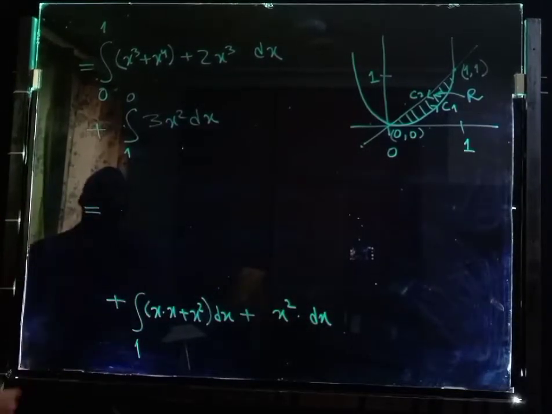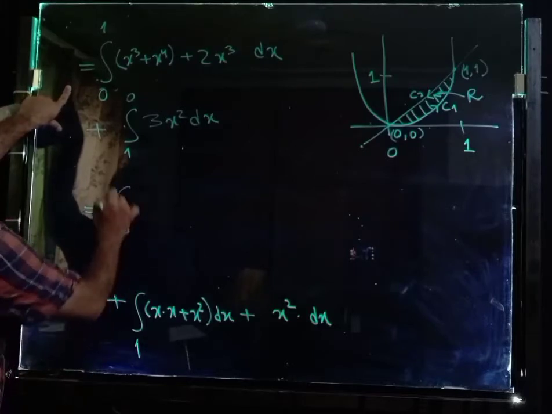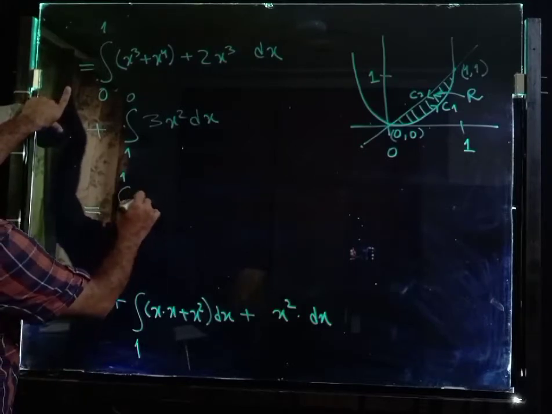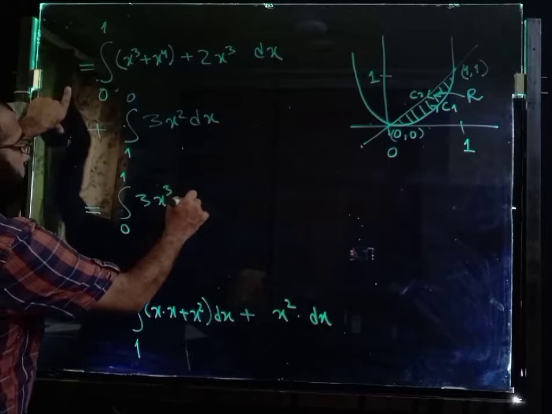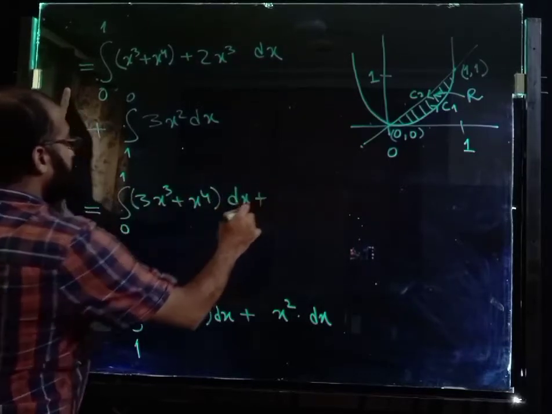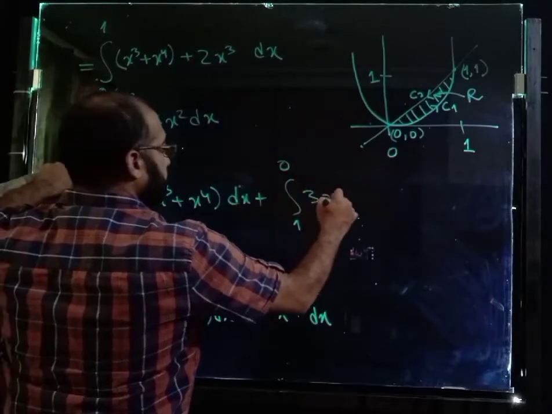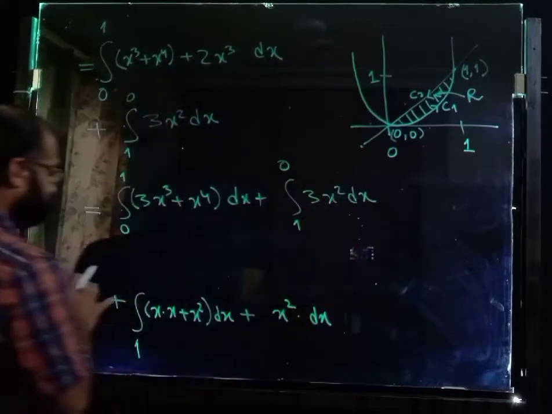Here we can see that, 0 to 1, 3x cube x to the power 4 dx, and 1 to 0, 3x square dx,